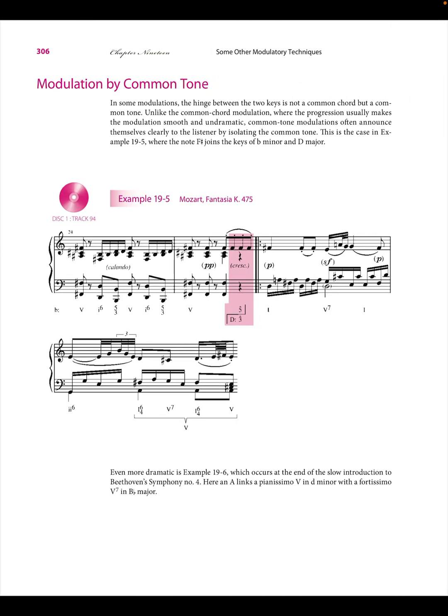But a common tone. Okay, so common tone. And also the fact